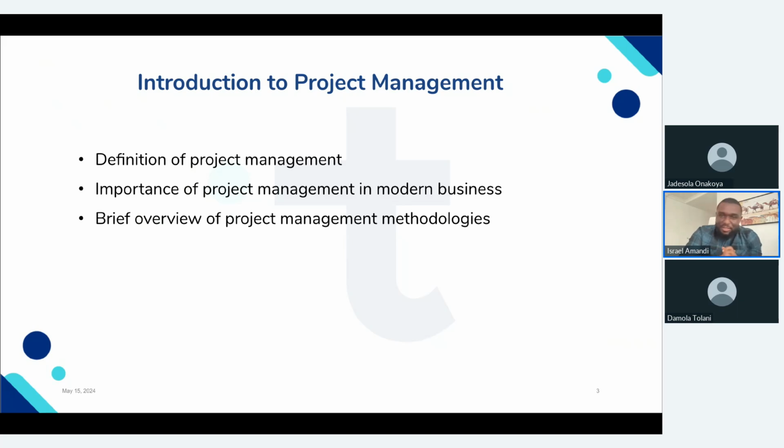Now, what is the importance of project management in modern business? If you ask me, I will tell you the primary importance of project management is to be able to achieve your goal, simple and short. Whatever you do from initiation, planning, and your whole risk validation is just for you to be able to achieve the desired goal for which you made an investment, right? Now, that varies from company to company, okay? A goal of a particular project could just be the desire to have an objective met, while a different goal could just be to make profit when it comes to business,